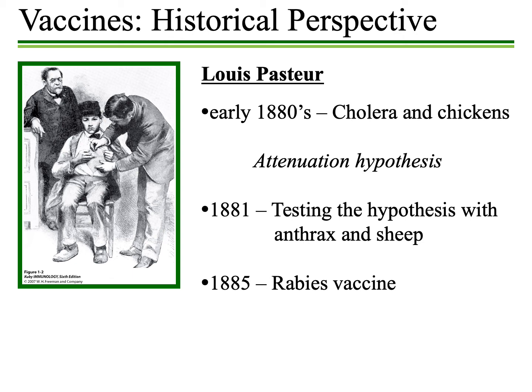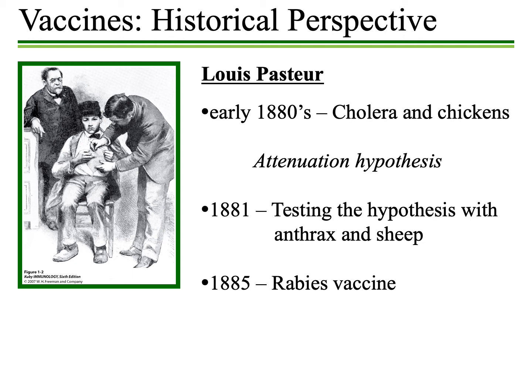So the term attenuate really just means to weaken. Also, interestingly, this is where some of our nomenclature comes into play, in that the weakened strain, the attenuated strain, he referred to as a vaccine. The terminology comes from the word vacca, which is Latin for cow, and this was a tribute back to Edward Jenner's work with the cowpox and the smallpox example. So our current terminology for vaccine is actually giving credit to some of the earlier scientists who helped us understand how vaccines do in fact work.